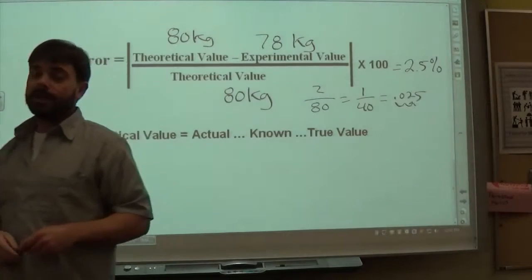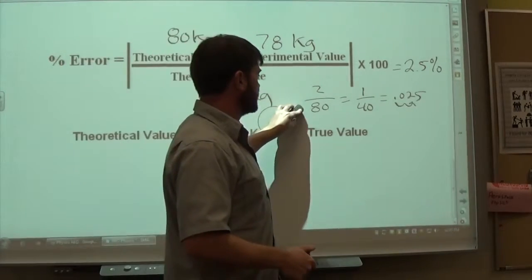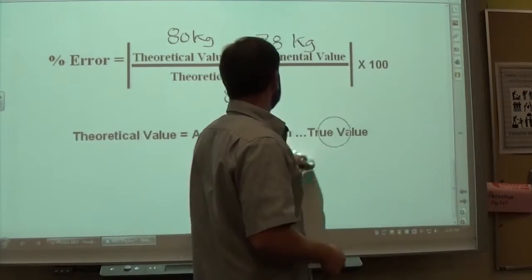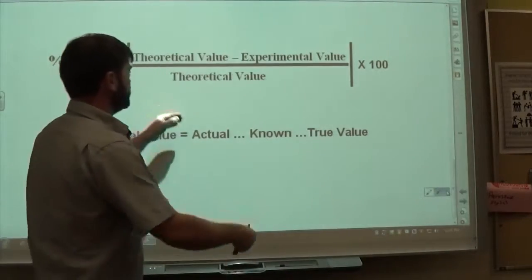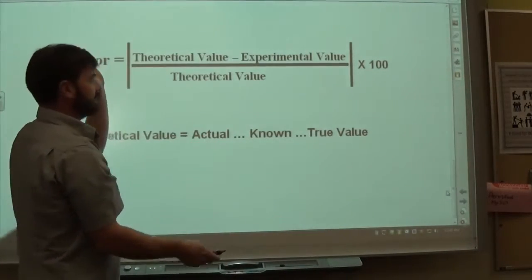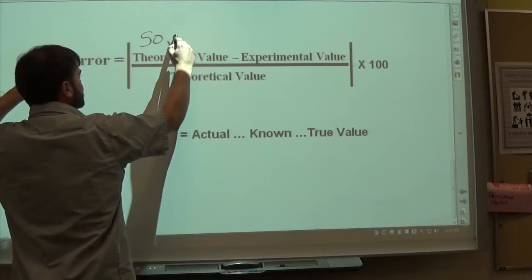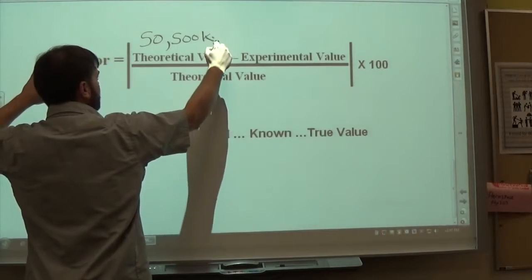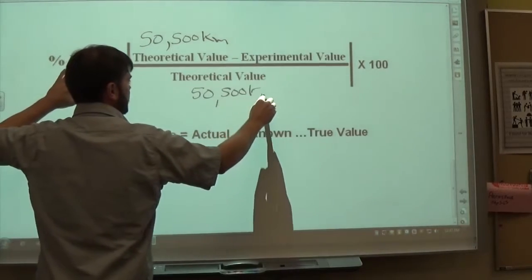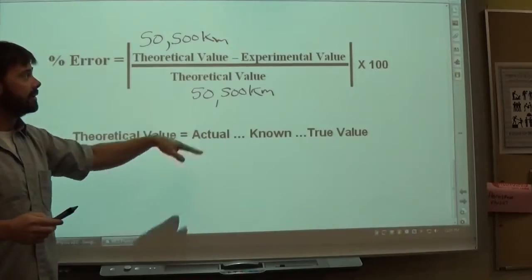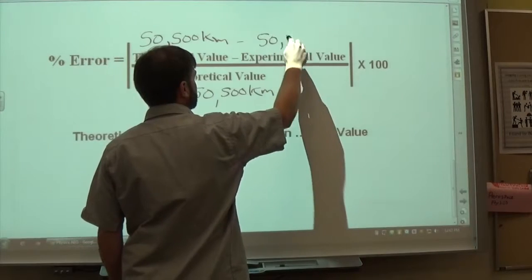Okay? You guys are going to do the same thing with the data that you get in the Eratosthenes video. So they're going to give you an accepted value for the Earth's circumference, which is going to be more like theoretical. So that may be, I'll just make up a value. You'll have to watch the video to see. But let's just say the accepted value of the Earth's circumference is 50,500 kilometers. The theoretical value then is 50,500 kilometers. That's the real value. If Eratosthenes predicted that the Earth's circumference was 50,000 kilometers,